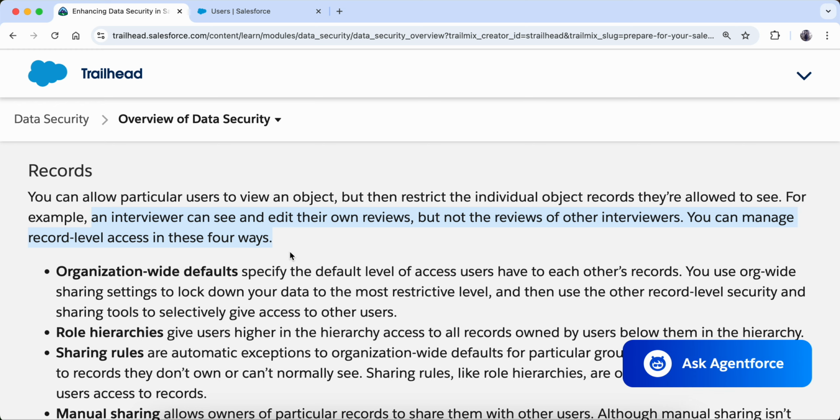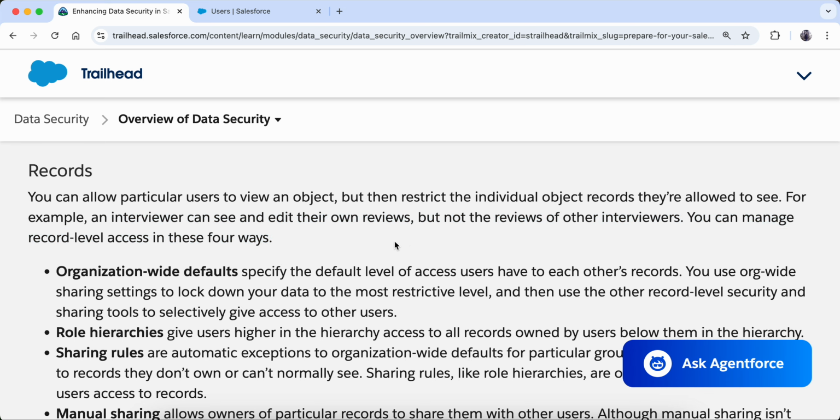For example, there is an interviewer. An interviewer can see and edit his own reviews, right? He's taking an interview and wants to give reviews to different candidates, so he can see and edit his own reviews, but not the reviews of other interviewers. He is not allowed to edit, or even in some cases to see, the reviews of other interviewers.